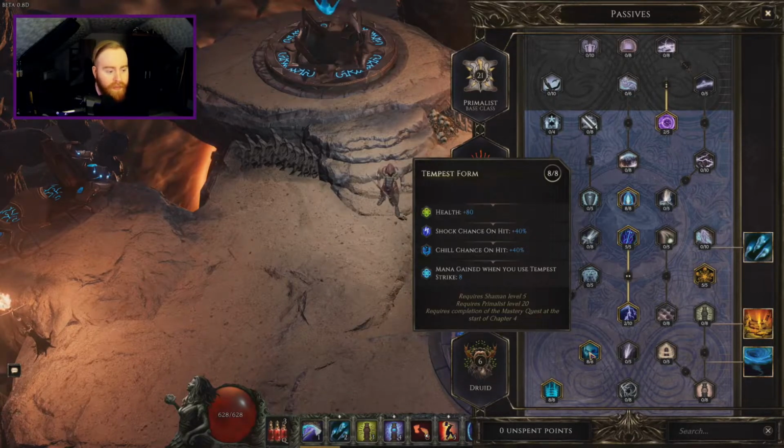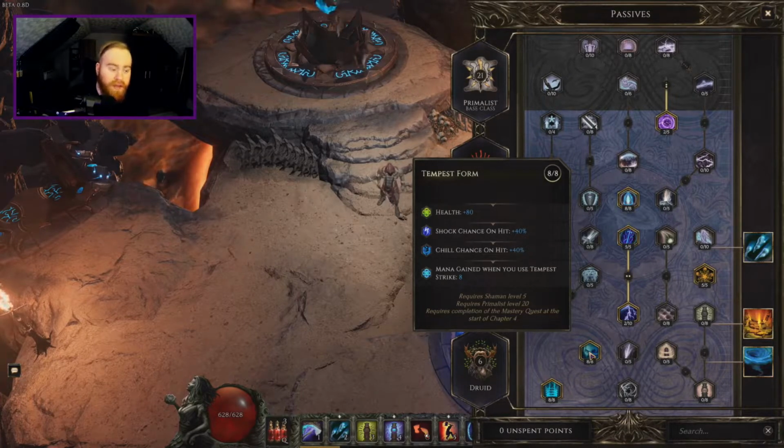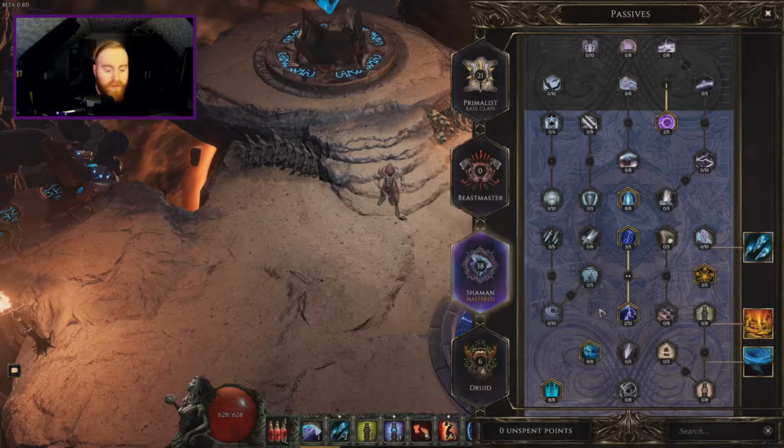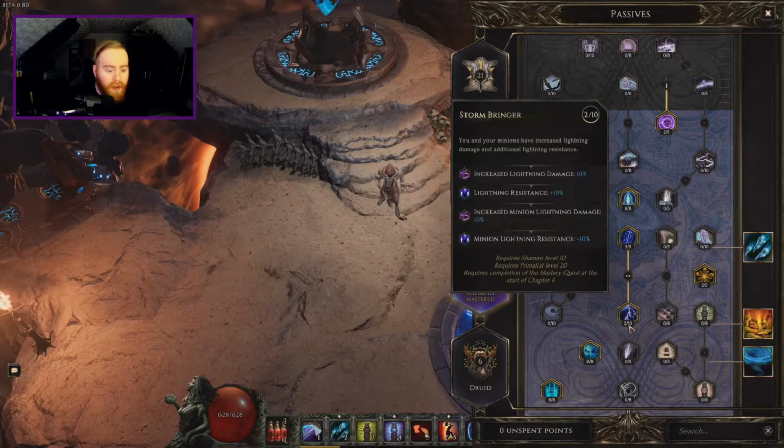8 points in Tempest Form. You get a bit of health, which is always handy. You get shock chance, chill chance, and mana gain when you use Tempest Strike, as I said earlier. So you get 8 from that, and then you can max it out, so you can probably get to about 20 back whenever you hit anyone. I then had to put 2 points into Stormbringer just to kind of get my levels up,